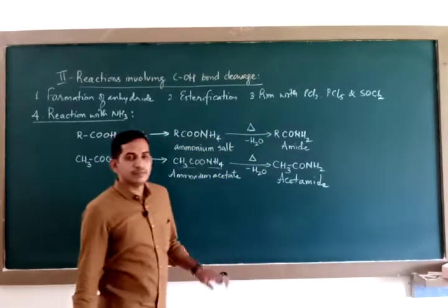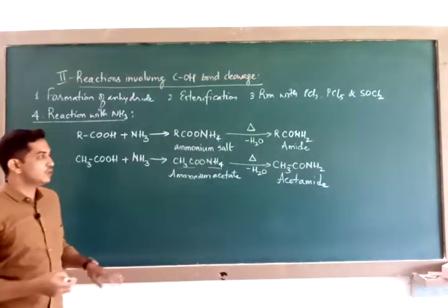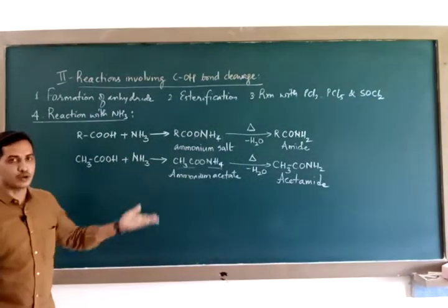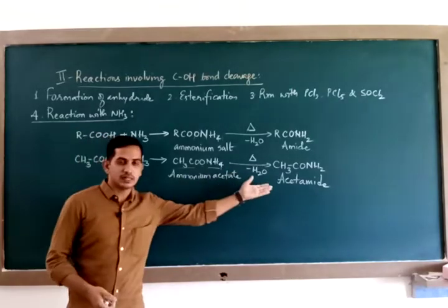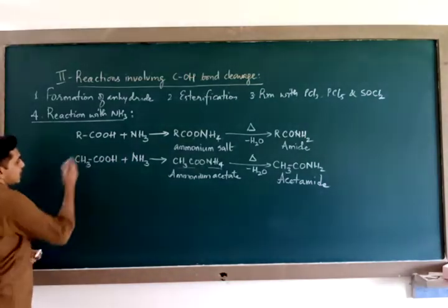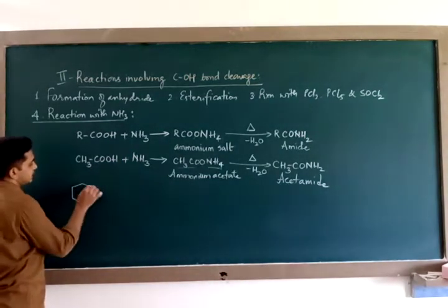The reason why I am giving you any specific example is because you will be asked what happens when acetic acid reacts with ammonia. Name the product obtained. You should be able to remember the name. It is acetamide. If the same R is replaced by benzoic acid,